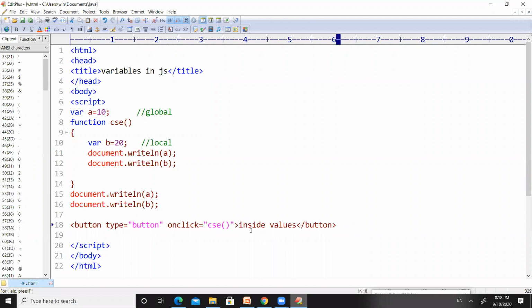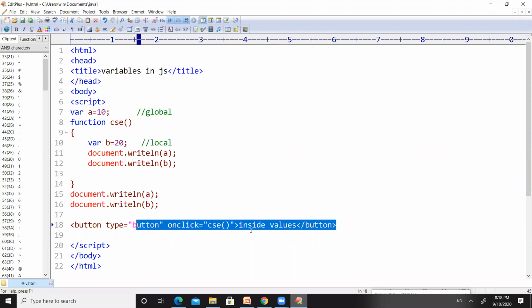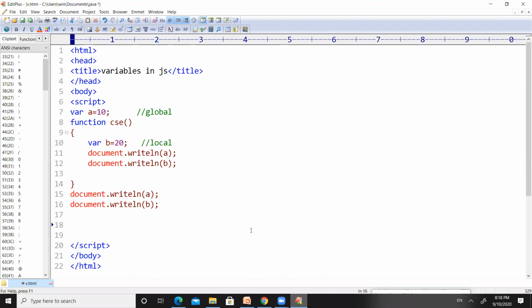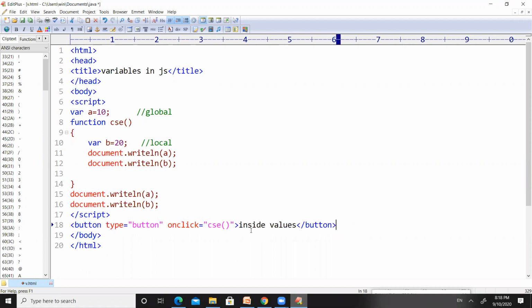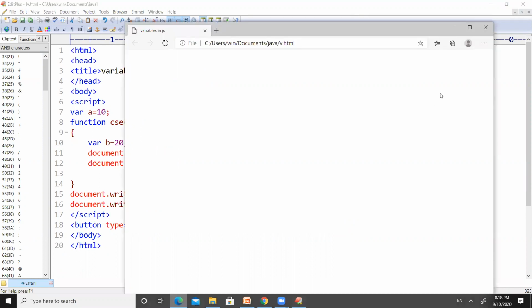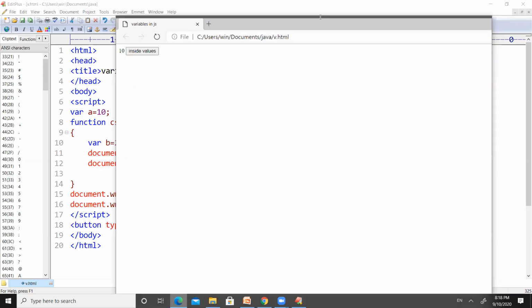Let us write this one outside of the script tag. Just cut it, and write that statement outside of the script tag. Now save the code, and then refresh here.